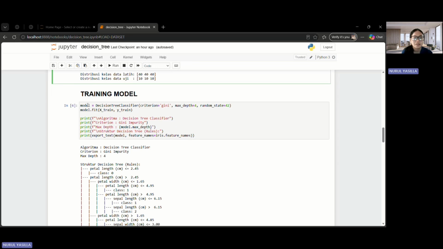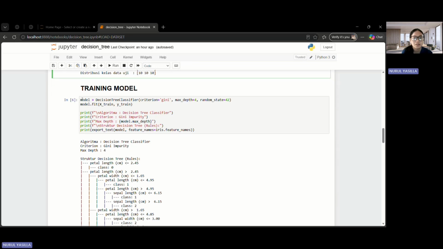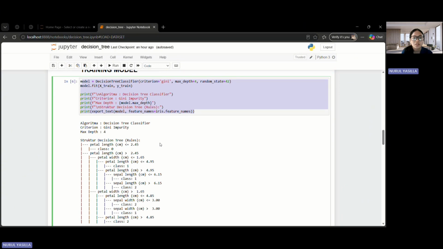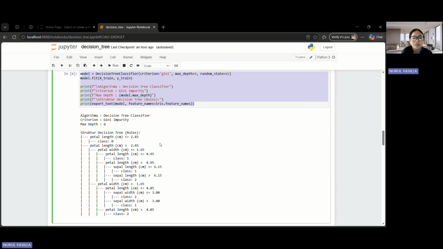Next, training model. The decision tree model is created with several configuration settings: criterion Gini means the split selection uses Gini impurity, and max_depth limits the maximum depth of the tree to 4 levels. Limiting the depth is important to prevent overfitting, which is a condition where the model excessively memorizes the training data and fails to generalize well to new data.